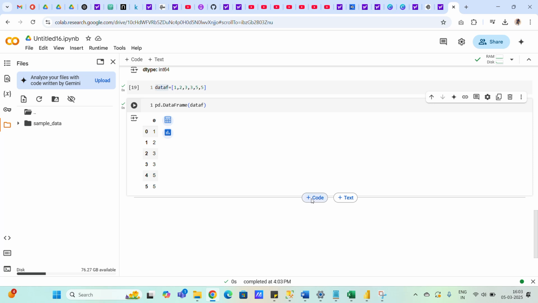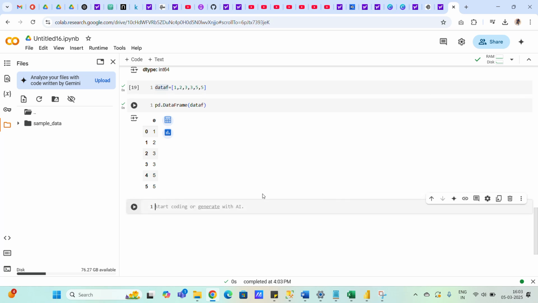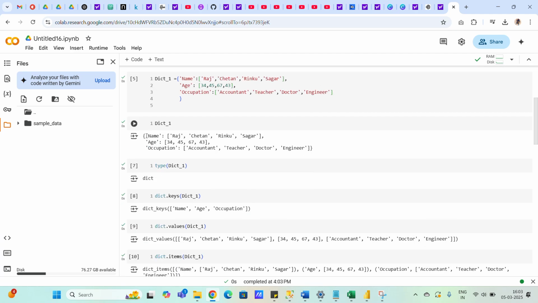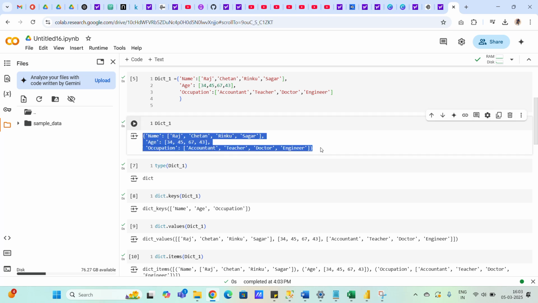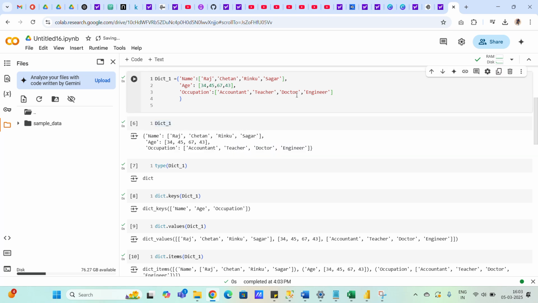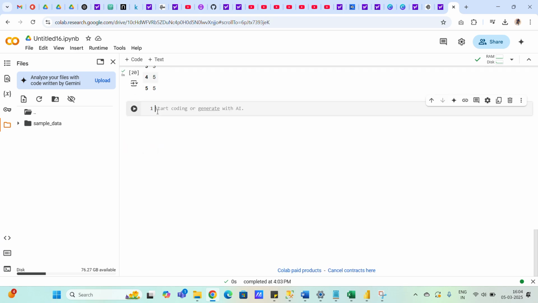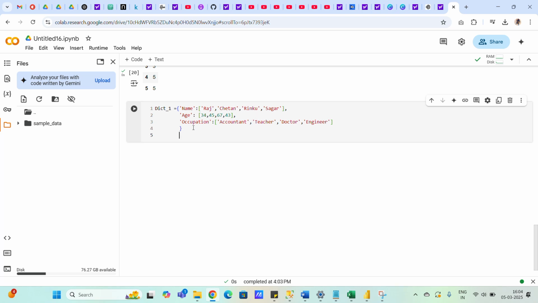Now we can do one thing. We can create a data frame with the help of a dictionary also. Whenever you are going for an interview, the interviewer will always ask, can you create a data frame from a dictionary, right? It is the same as we created above. We can add some more values here, and then I'll show you how we can perform more operations. As you know, we have passed a list, right? Raj, Chetan, Inku. So a multiple value list we have passed, right? Comma,